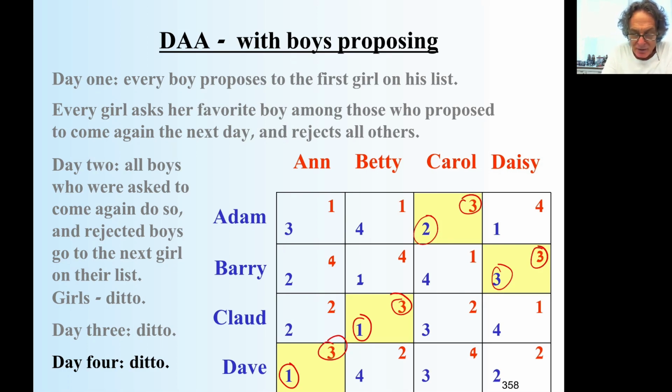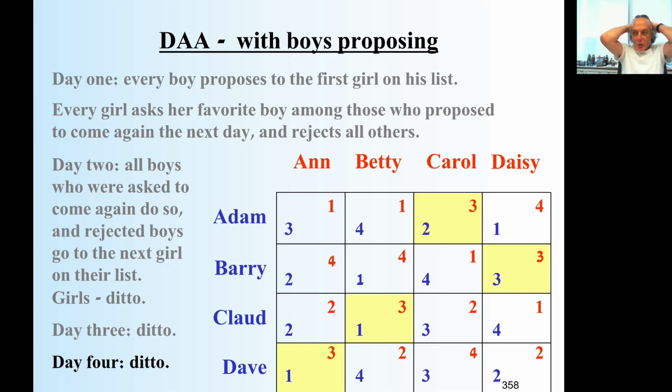Is there something general here? The answer is yes, but I'll come to that very soon. But this is why it is a stable matching. Let me explain. Forget about this specific example. What is the algorithm? Maybe you have 50 boys and 50 girls, or more boys than girls, or whatever. But let's say the girls are the passive ones, and the boys are running after the girls, namely the boys are proposing.